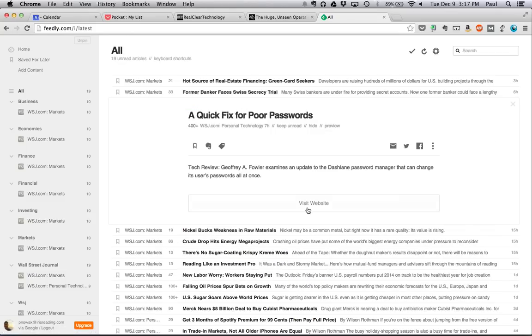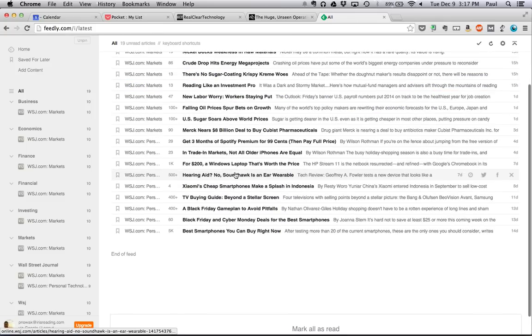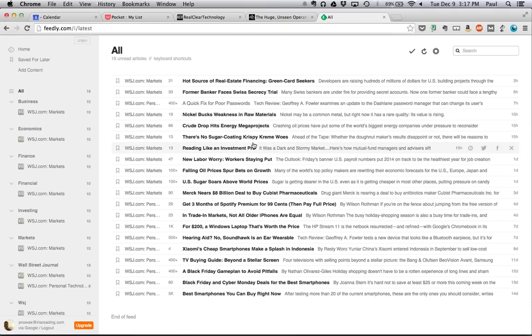Now, some websites will only show a snippet. Some websites will show the entire article. It depends on the site. Basically, the site has to give permission to RSS readers. Some sites will give full access to the articles. Other sites, they want you to click through and get to their page so they can get money from the advertisers and the number of impressions on the screen.